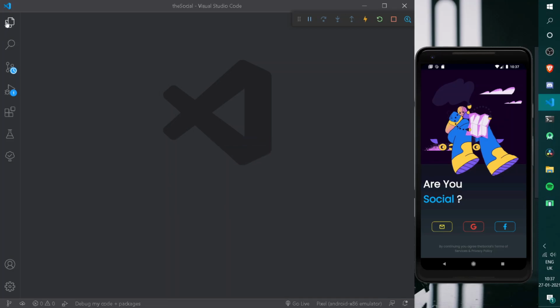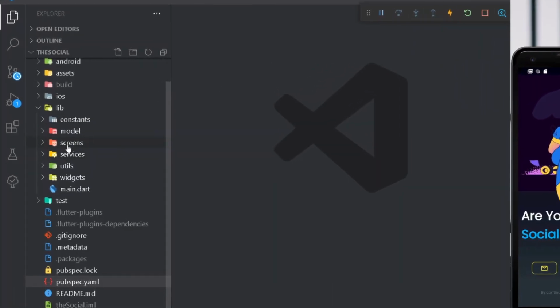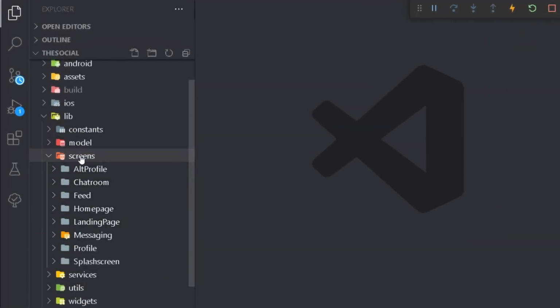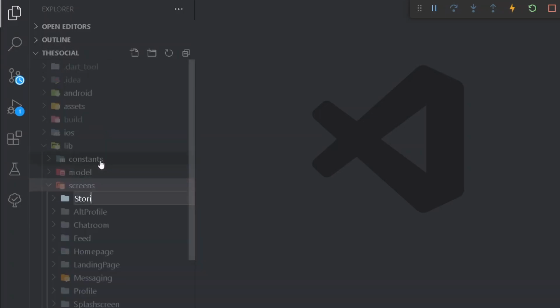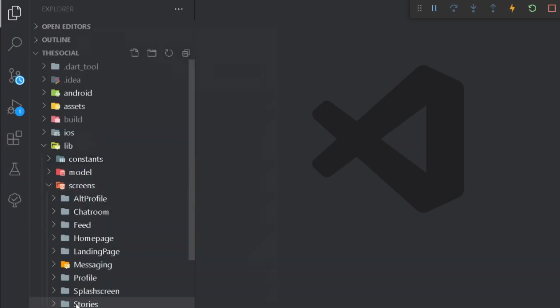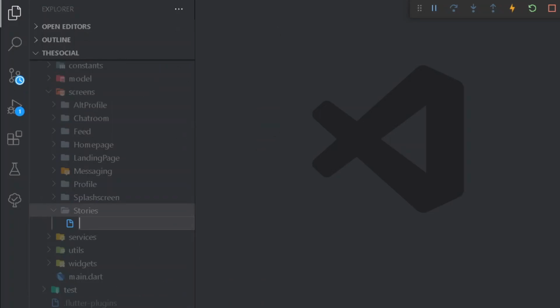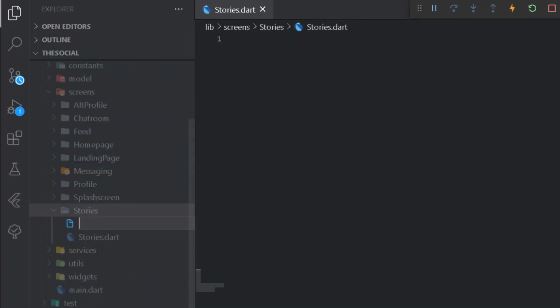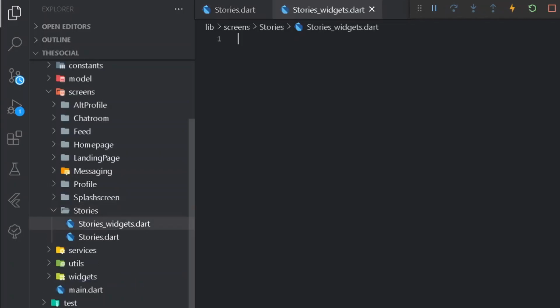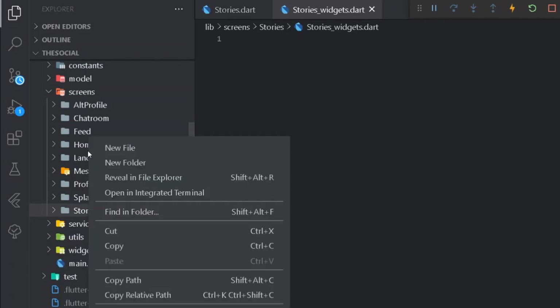So first of all, we can move under our project folder, and here under our screens, let's create a new folder for entire stories. So here let's add a folder of stories. Under this stories, first of all, let's create a new file for the entire widget. So for that, I can simply write here stories.dart. We shall be creating one more file for all the widgets handling over the particular stories. So for that, I can simply write stories widgets.dart,